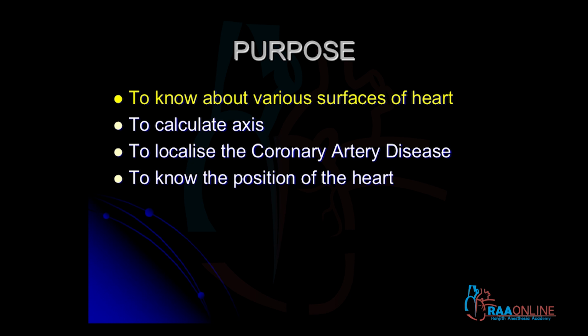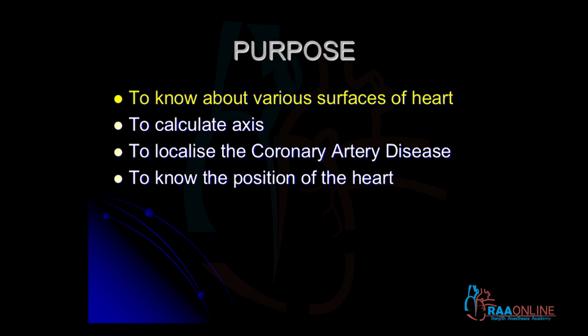Second, I told you about the vector, the net cardiac impulse. So you must know in which direction the net cardiac impulse is traveling. For this also you must know about the leads. And when the patient comes with acute chest pain and ST elevation, you must also know which coronary artery is obstructed at this point in time. So to localize which coronary artery is obstructed also, we must know about the lead systems.